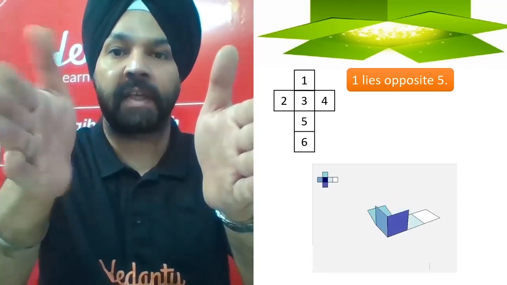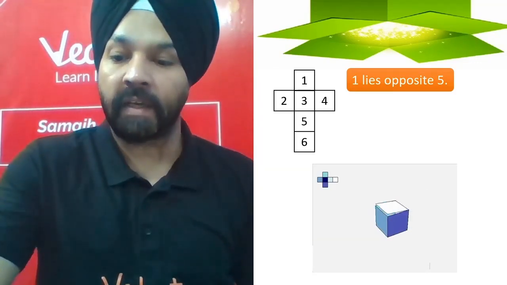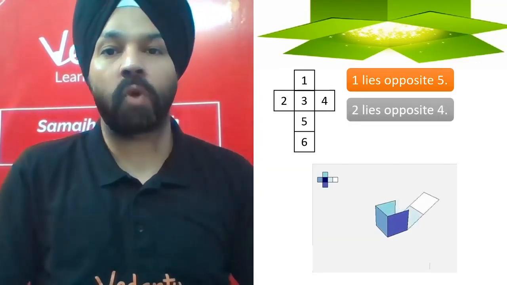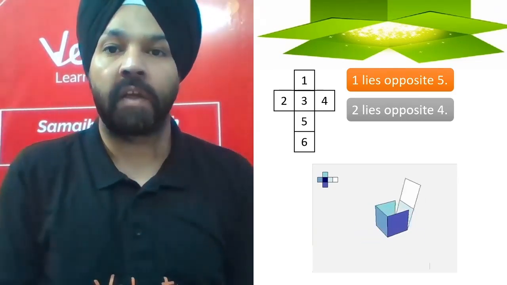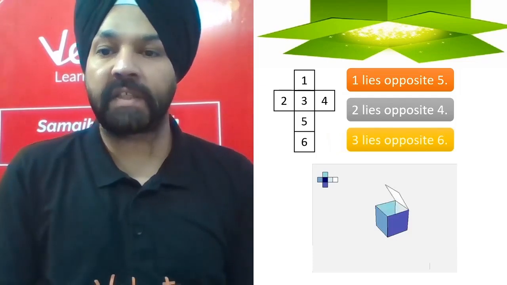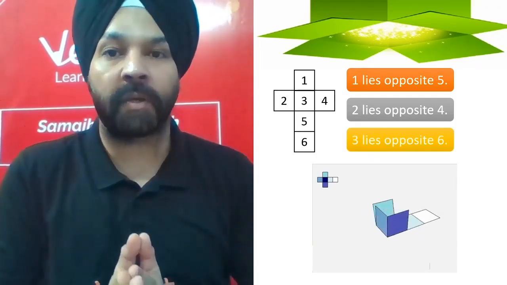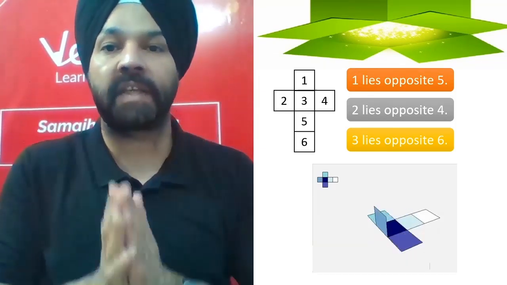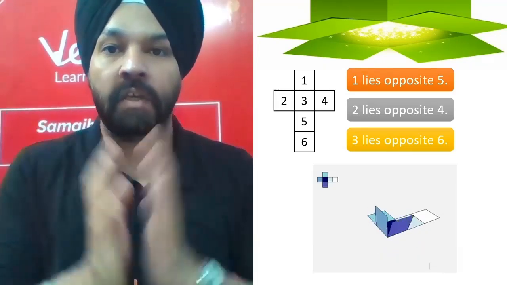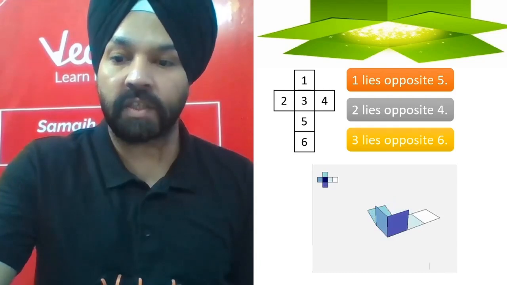If 1 is here, 5 is here and 3 is here, then 1 and 5 are opposite. Similarly, I can infer that 2 lies opposite to 4 because again 3 is lying between 2 and 4. Similarly, if I see 3, it lies opposite to 6. Very much visible because 5 lies between 3 and 6. Now this is the most basic arrangement of opening up of a box. But there are some others also. We need to focus on those also.